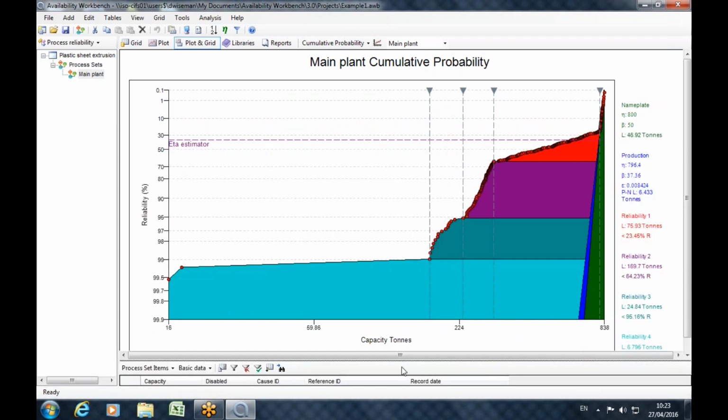So that is really all the process reliability module does. Process reliability does not share any information with the other modules. It is not like Viable, in so much as Viable lets you pass the result of the analysis to Avsim or Rcm Cost. Process reliability doesn't do that. There's no information here that the other modules could use. However, what you can do is transfer capacity profile data from Avsim. So you could actually simulate some data for your process reliability